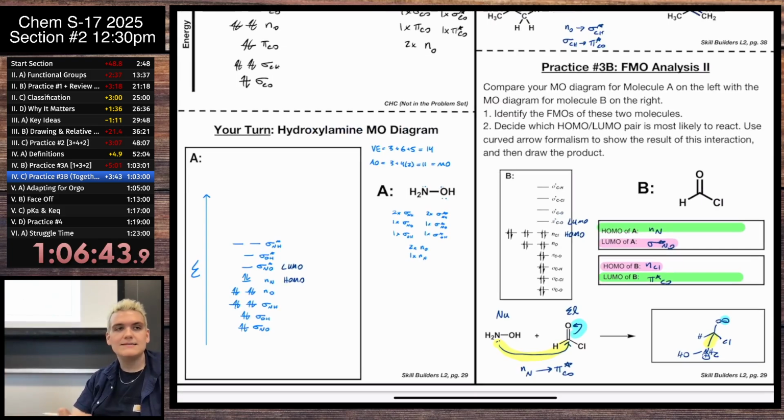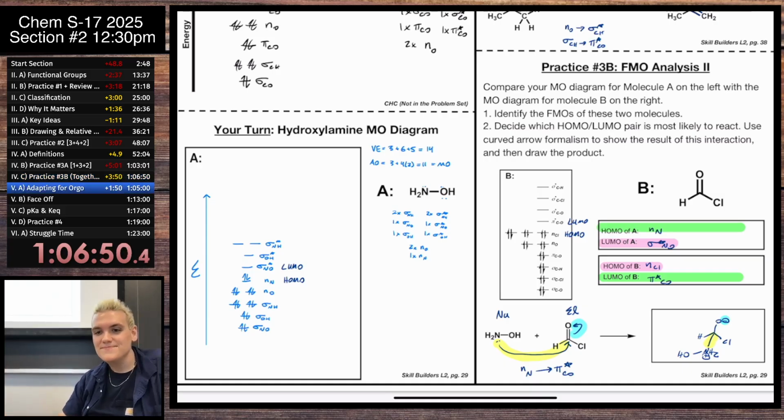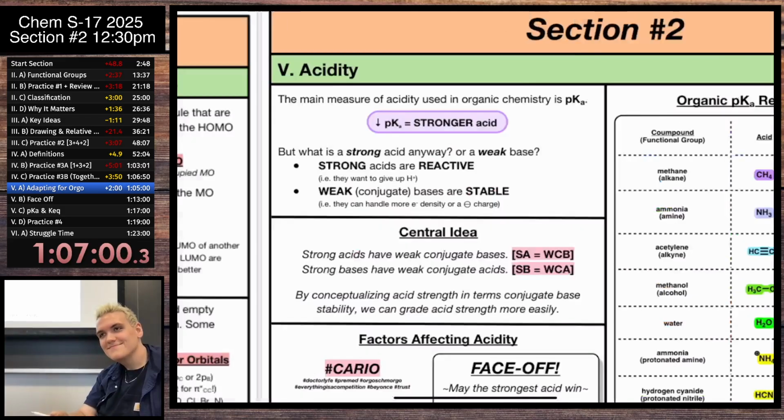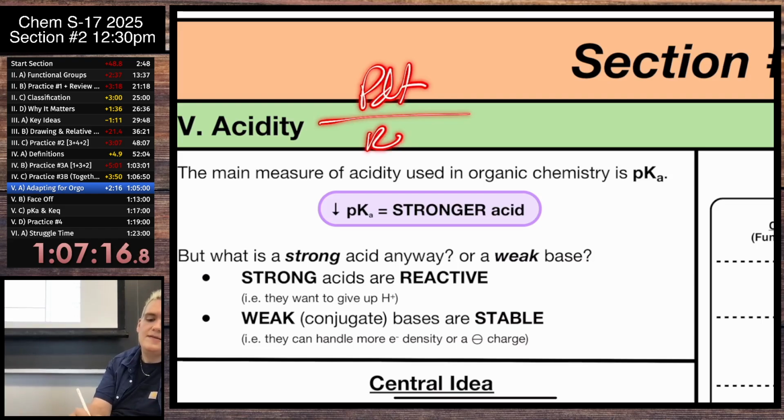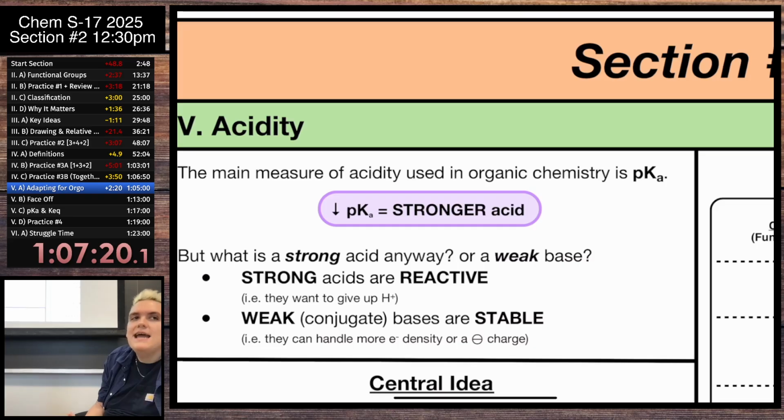But with that, it's time for our second hard pivot of the day to an entirely new topic, which is acidity. Let's see if we have a transition. So, acidity. You learned about it in Gen Chem, and when you did it in Gen Chem, you were often doing it with equilibrium stuff, right? So you were doing like Keq, Ka, the whole products over reactants thing, and you were using pH, and pKa really only showed up as a little math problem for you to do, where you did the negative log of something. pKa is going to be our standard way of referring to acid strength for organic chemistry and